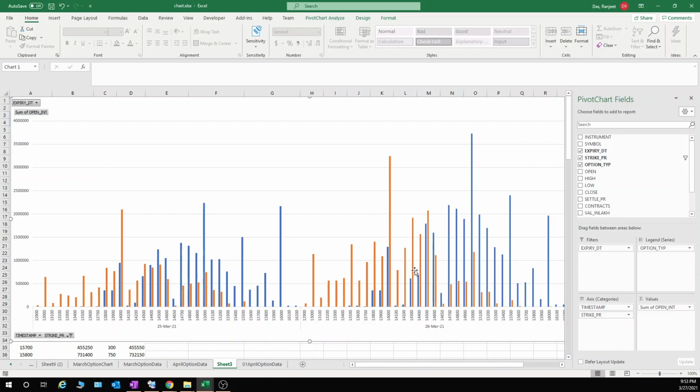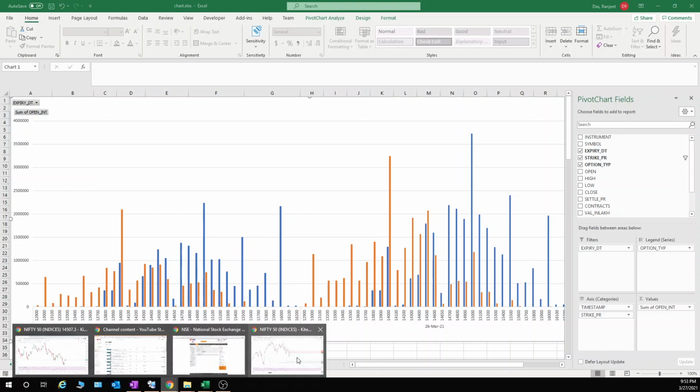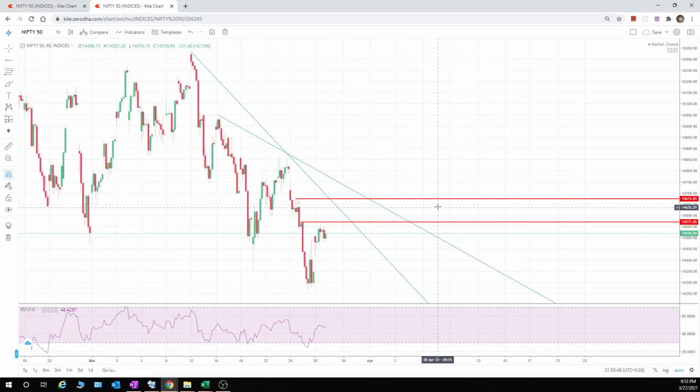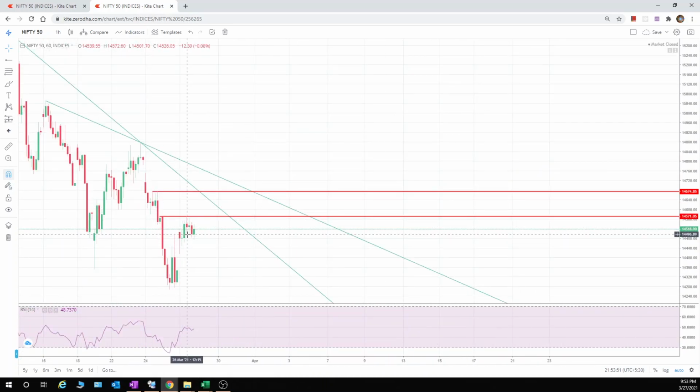Now coming back, the range is 14,500 to 14,700, and the upside is limited. Yesterday, if you see, it was 14,572.